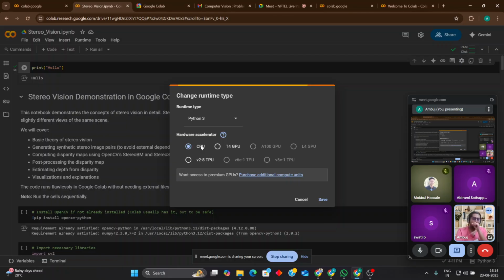Okay, by default it is CPU. You can change it to GPU. You can change it to TPU also. My sincere advice to you is that if you are a beginner, and you see all the libraries,